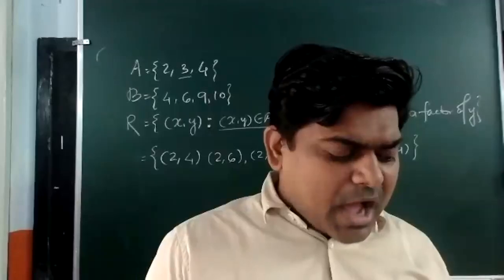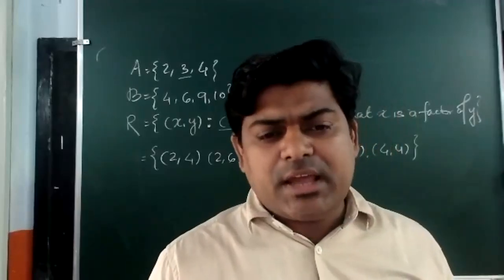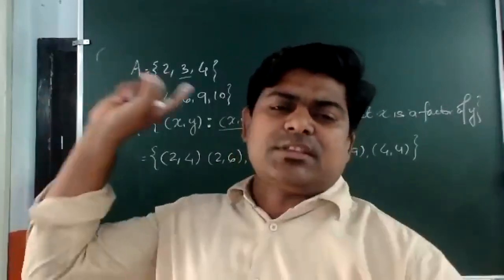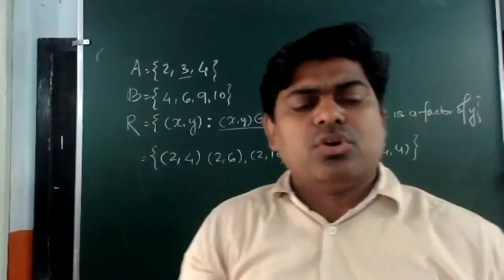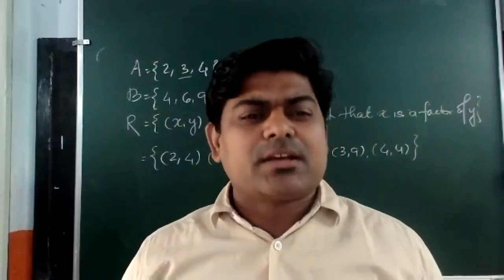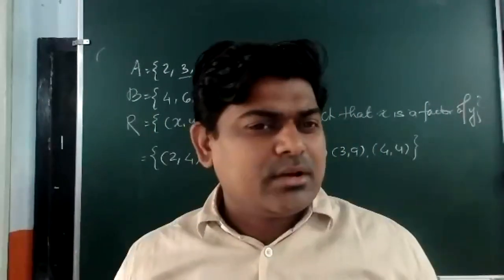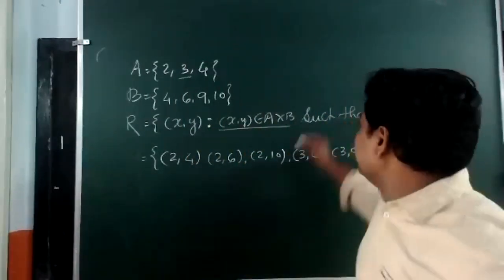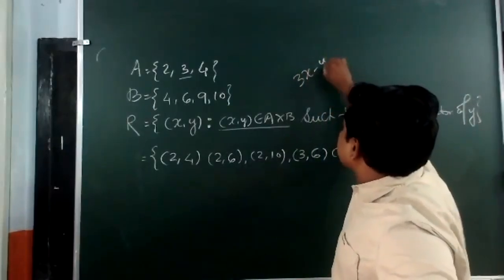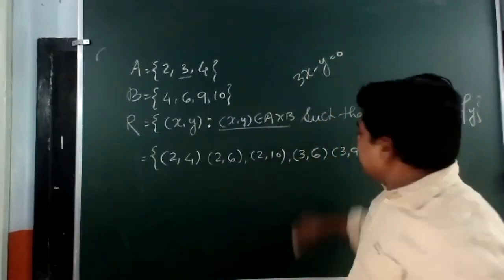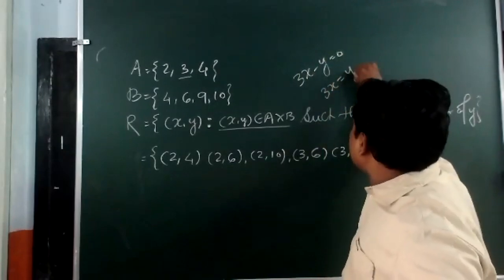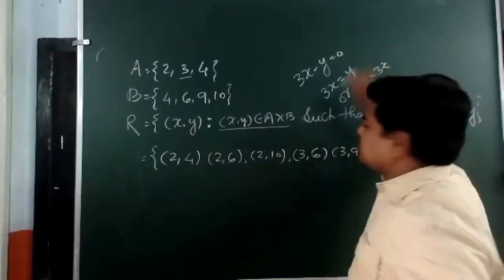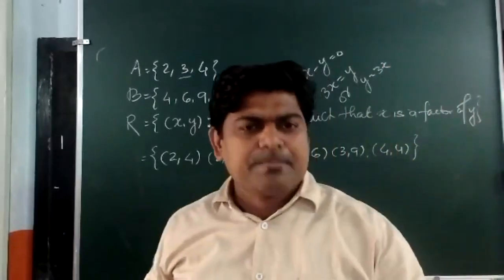Now the relation is written R is equal to {(x, y) such that 3x minus y is equal to 0}. If somewhere it's written 3x minus y is equal to 0, in other words, I can write 3x is equal to y or y is equal to 3x. Listen to me, it can be written that way, no?